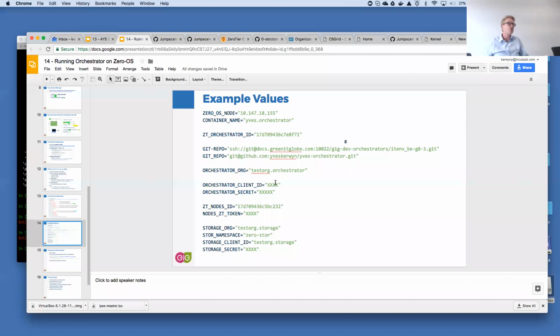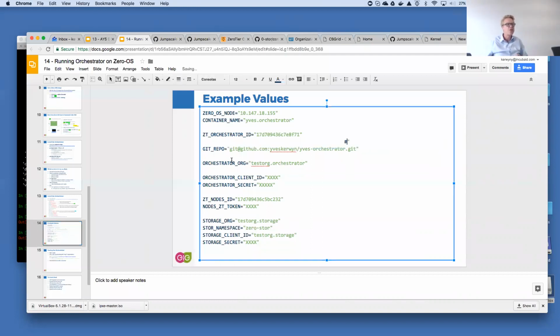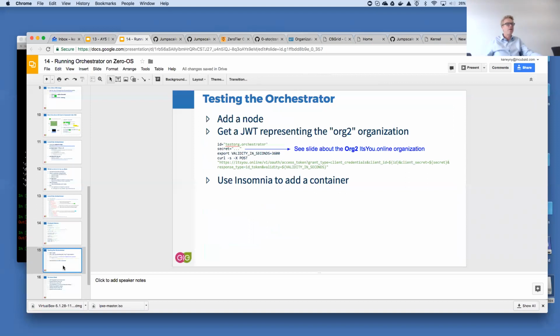Okay, this is an example of what I did, and I see I have a mistake here. This one is a wrong one. Well, this is what I send along. So don't include the SSH, by the way. That was something that would only work for an internal Git server we have here. And this is what works for my setup by using a personal Git repository. So I could go to GitHub, to my personal Git organization, and there I have a new repository with this name, and this is like the connection string. Okay, this is what I did, and it will give you an environment that works.